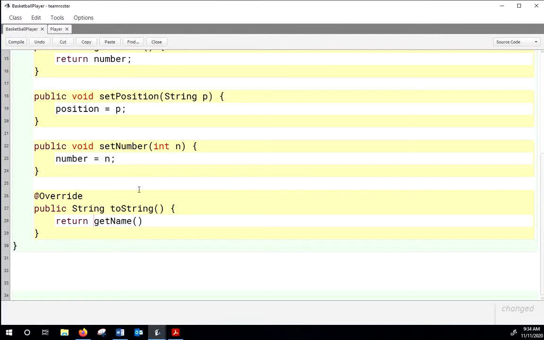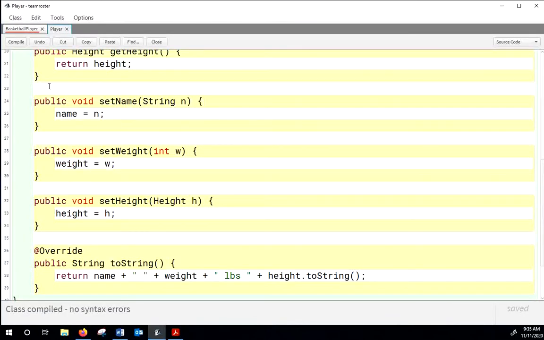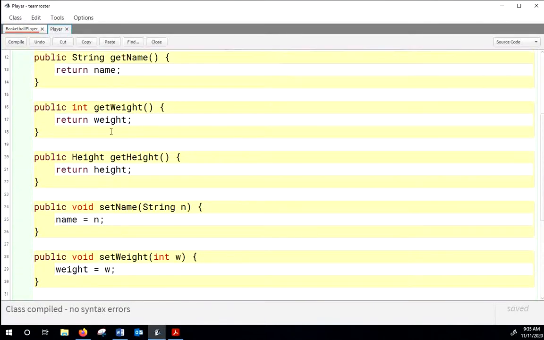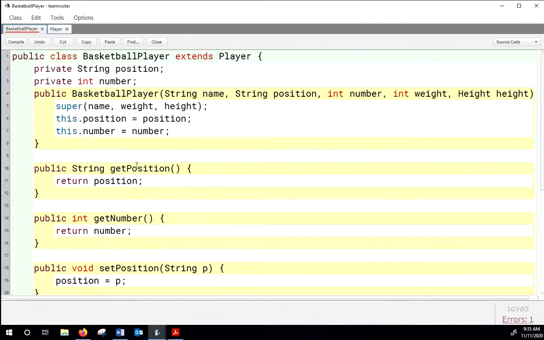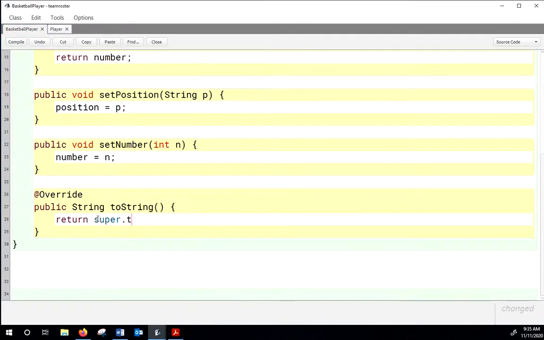Remember, if you want to call a method in the class you're working in, you just say the name of the method. If it's a method in the class you're extending, you're subclassing, you just say the name of the method. Because a basketball player is a player, so a basketball player has the getName method. So I could do it that way and completely reconstruct it like so. But instead, I'm going to call the super.toString